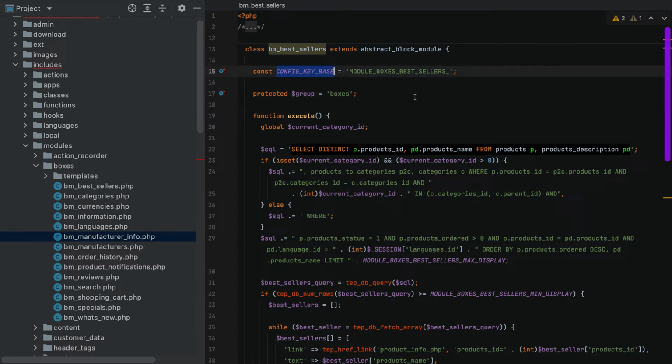First thing to point out is there's this config key base. It's very important. What this means is basically this entire BM bestsellers module has this prepended to all of its settings. So when it saves a setting to the database, every setting for this module will be modules, boxes, bestsellers, underscore status, or underscore position, or underscore some setting, or whatever it is. But everything will be prepended with this. So the config key base, you'll find that at the top of every one of the new modules that extend